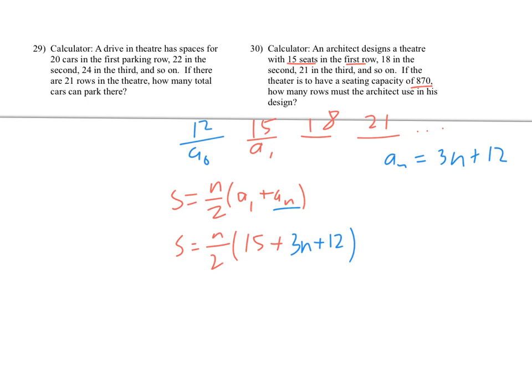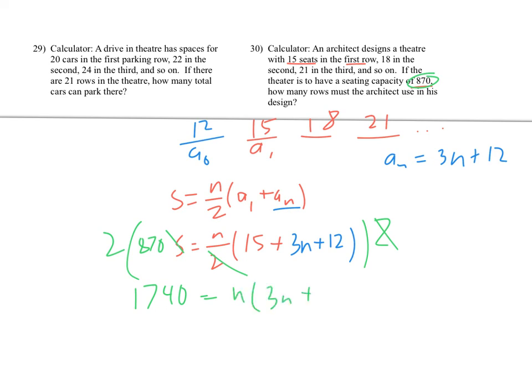And then next I can plug in the 870 for the sum, since that's what they want it to be. And next I'd like to multiply everything by 2 on both sides, so I'll cancel out that fraction. So this becomes 1740 equals n times, and I'm going to combine these to make 3n